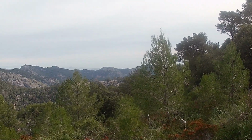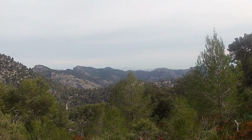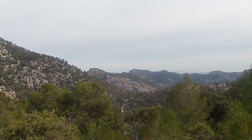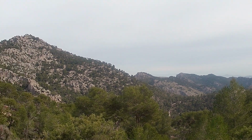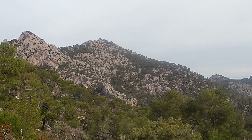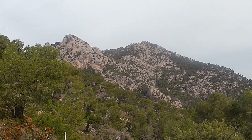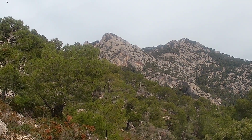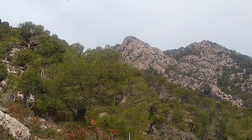So this is why this little walk today is worth it, just the views that you can get from the col. So we're looking at that big one there is Caragola, you remember the snail, and then the triangular one just there is Esgrau, and if we pan right round